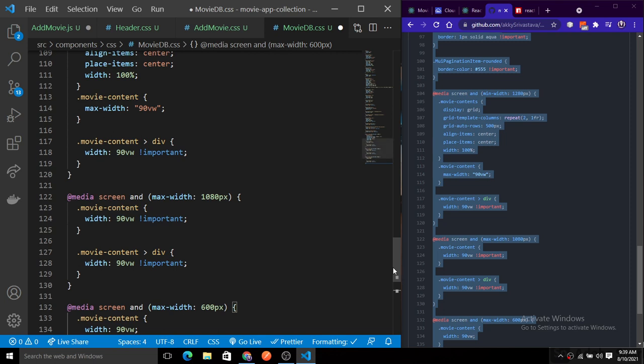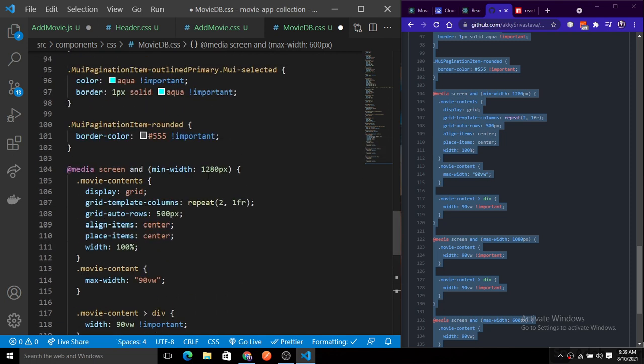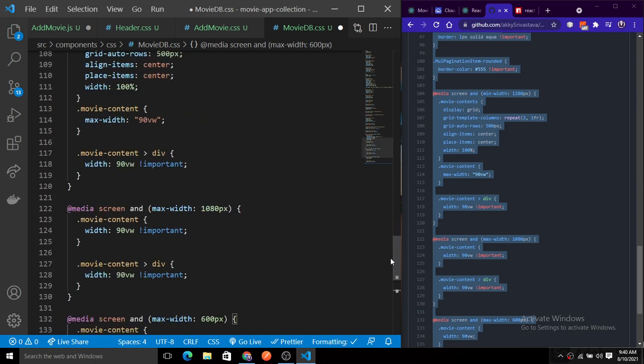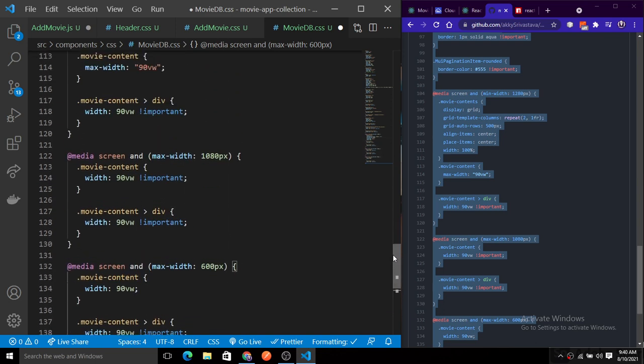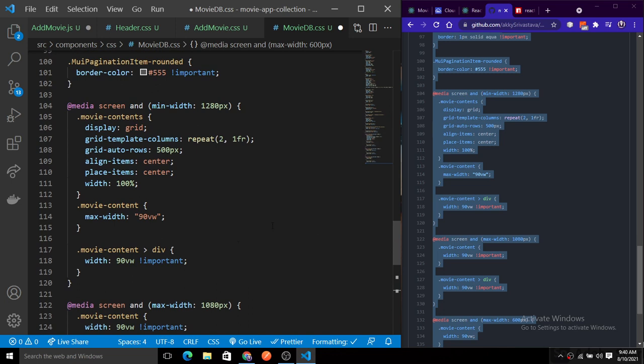Then we are using another media query for the minimum size of 1280 pixels. This is the responsive design for screen sizes greater than 1280 pixels, that is for larger desktops and larger applications. So we are using the media queries for giving the responsive design here. And you can see here I am not using Flex,